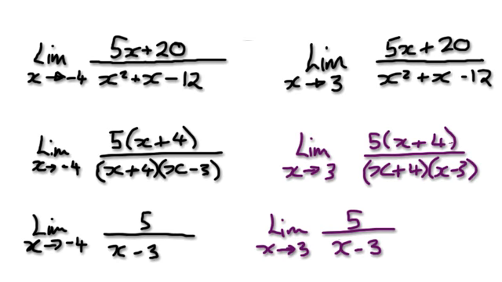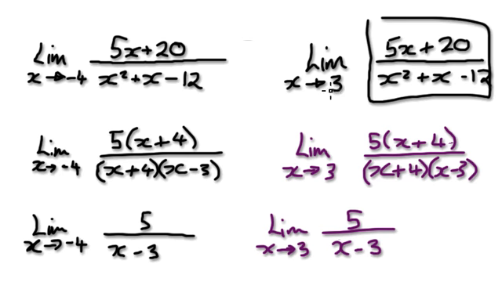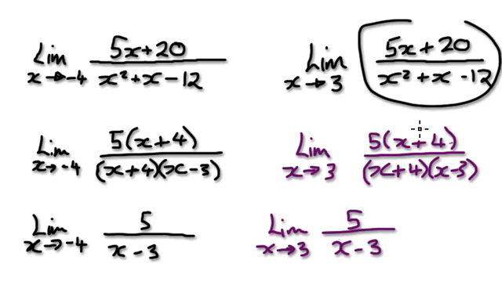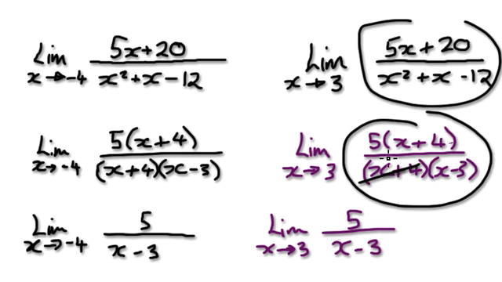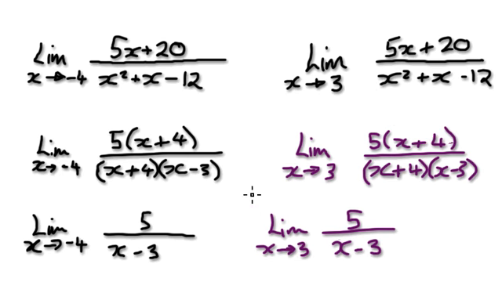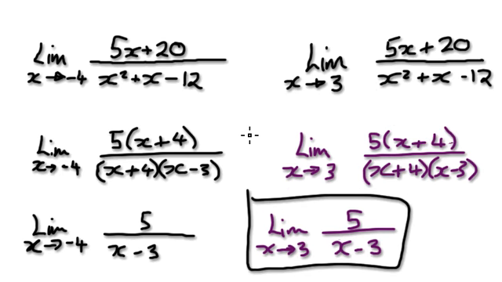At the end of the previous video, we were trying to find out the limit of this function here as x approaches positive 3. We then factorized this to become this, and then these two cancel out. So the limit of this is the same as us trying to find out the limit of this. Now, we got to this stage here, and I said that there was a way of telling that